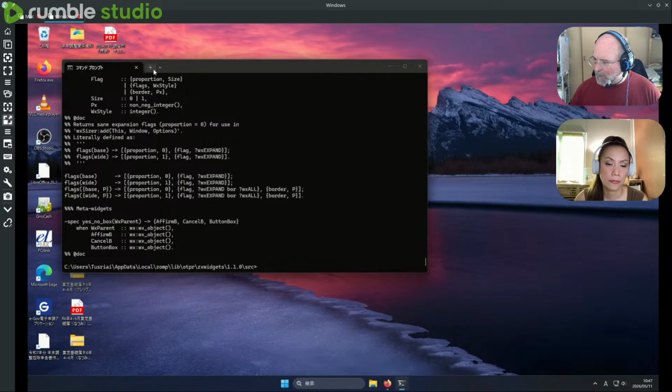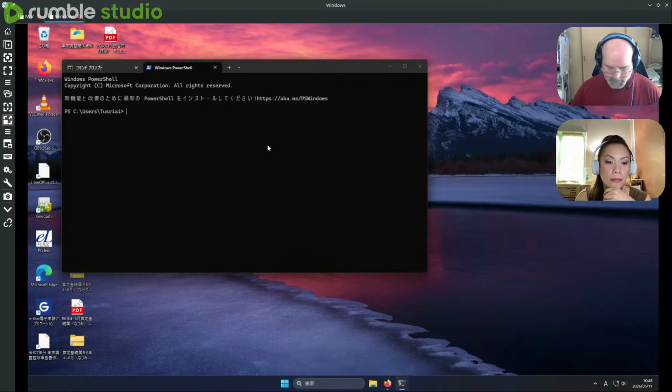Can I open another tab? Okay. App data, local, zomp, log. Do I have Vim on this computer, I wonder?